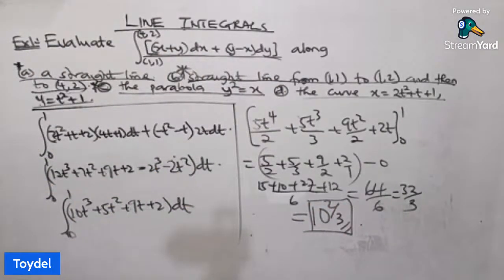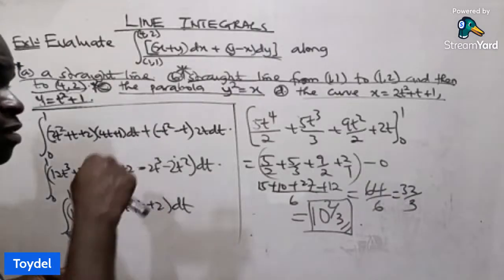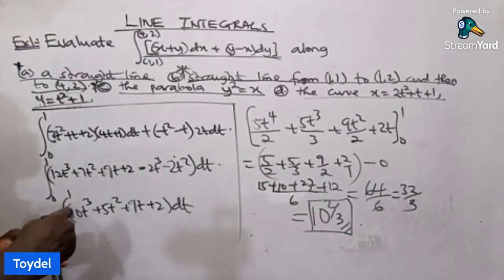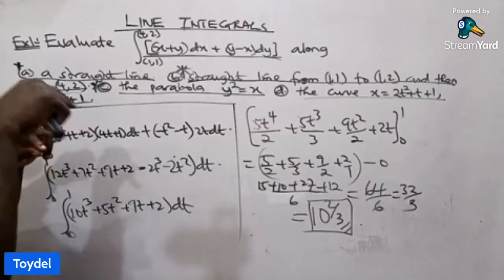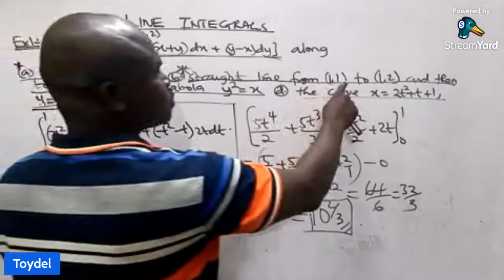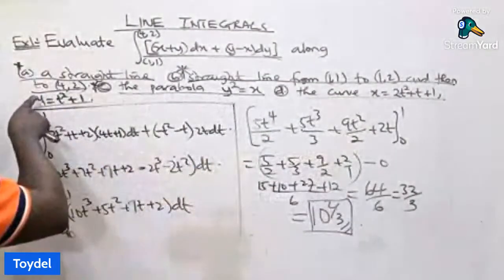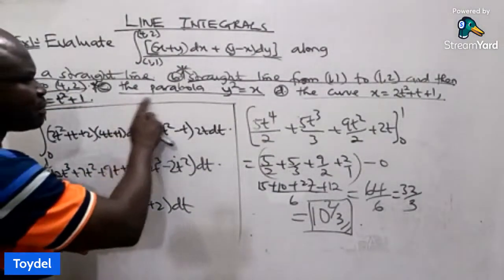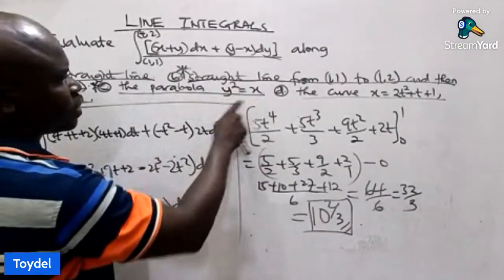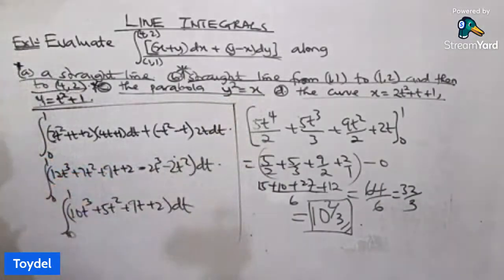So underline it. In this example, we have to evaluate the line integral as we have it on the board along 4 different paths. The first one along a straight line, which we have done. The second one along a straight line, but there's another point between, let's say, A and B. And there's another point C, that is from 1, 1 to 1, 2, and then to 4, 2. Then we also have to evaluate it along this parabola, y squared is equal to x. Then the final one is to evaluate it along the curve,